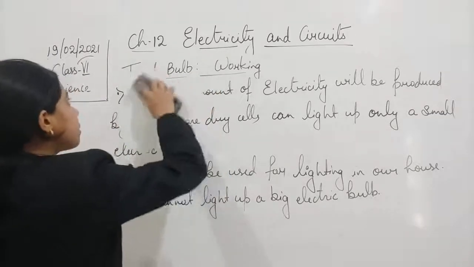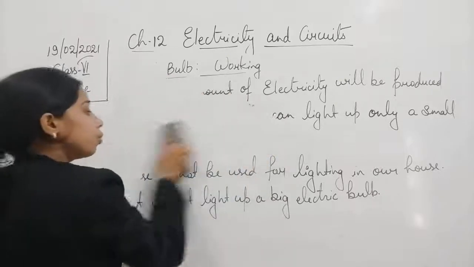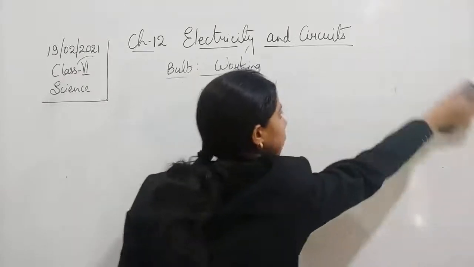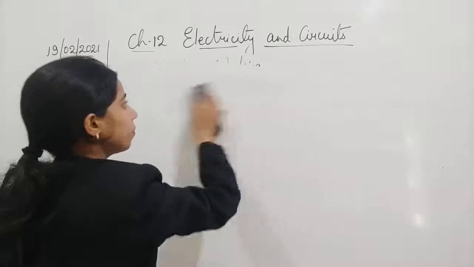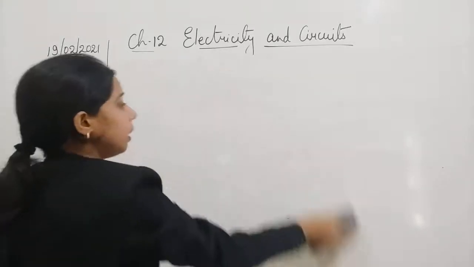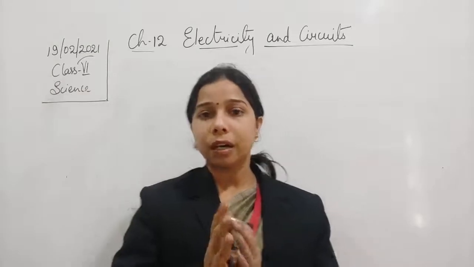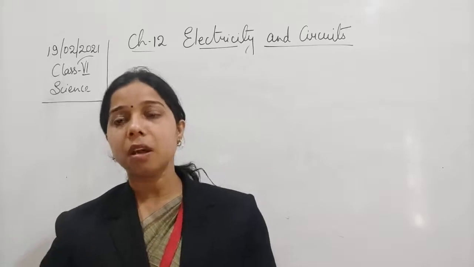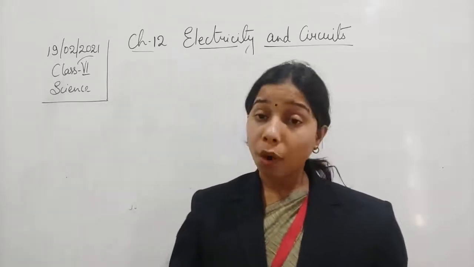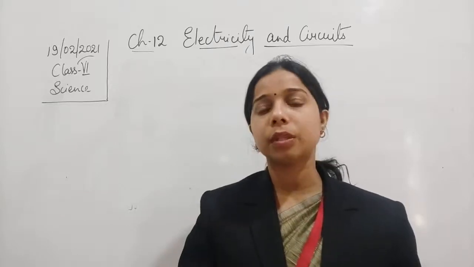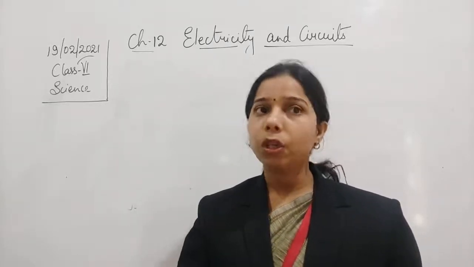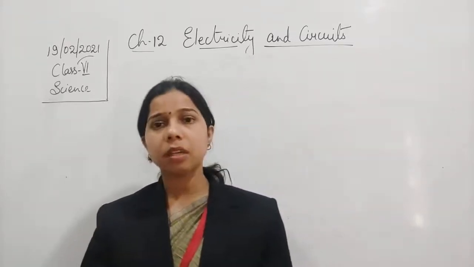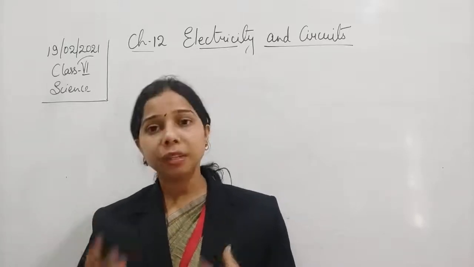Now, we are continuously talking about the wires that we are going to use to connect the dry cell to the device. Even when we were talking about the cell itself, students, we said that the cell should be connected to any device with the help of a wire. In order to make any electric circuit, we need a wire.